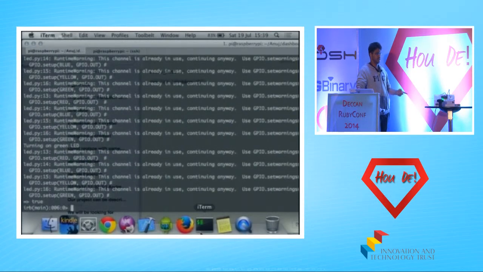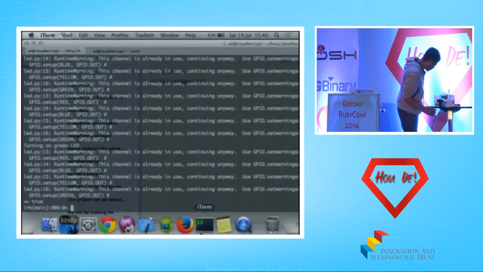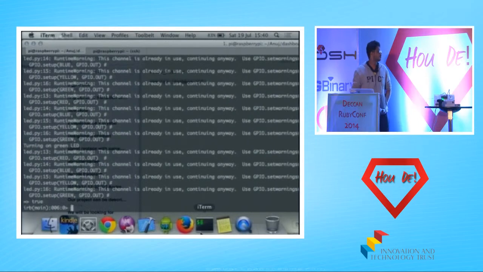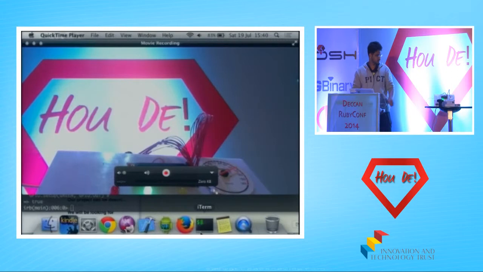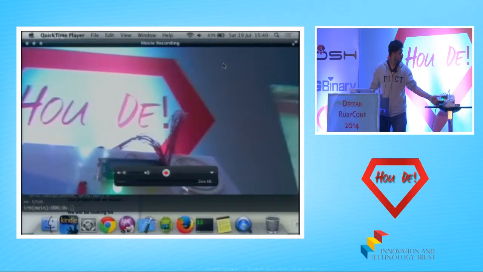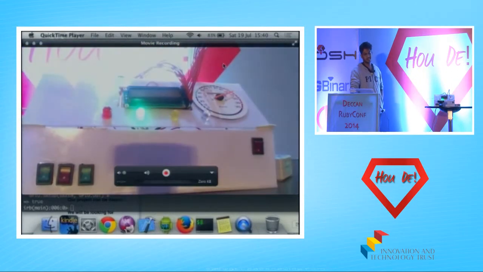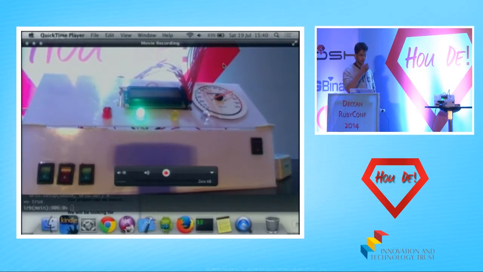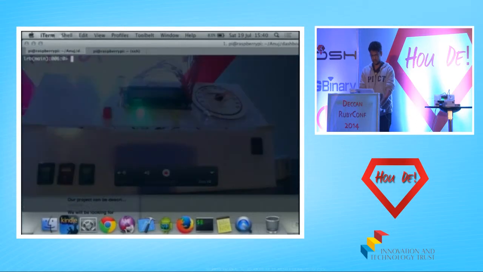So now the green light lights up, right? So that means I can visually see in what stage I am. Apart from that, I don't think that's visible to all of you, but the LCD also shows what the current state is. So based on that, I see that my state, which was in waiting, is now turned to build. So now I'm in the build stage.